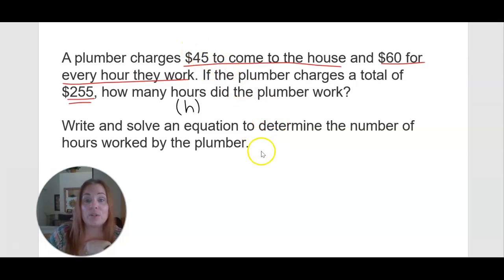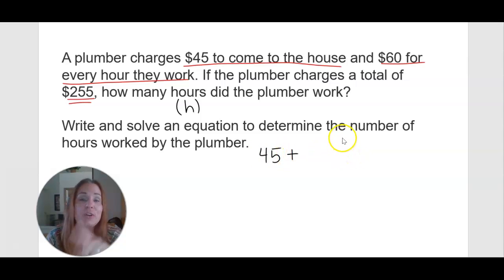So the plumber is going to charge $45 to come to the house plus $60 for every hour. So if it was like 2 hours, I'd do 60 times 2. If it was 5 hours, I'd do 60 times 5. I don't know the number of hours, so I'm going to do 60 times H,